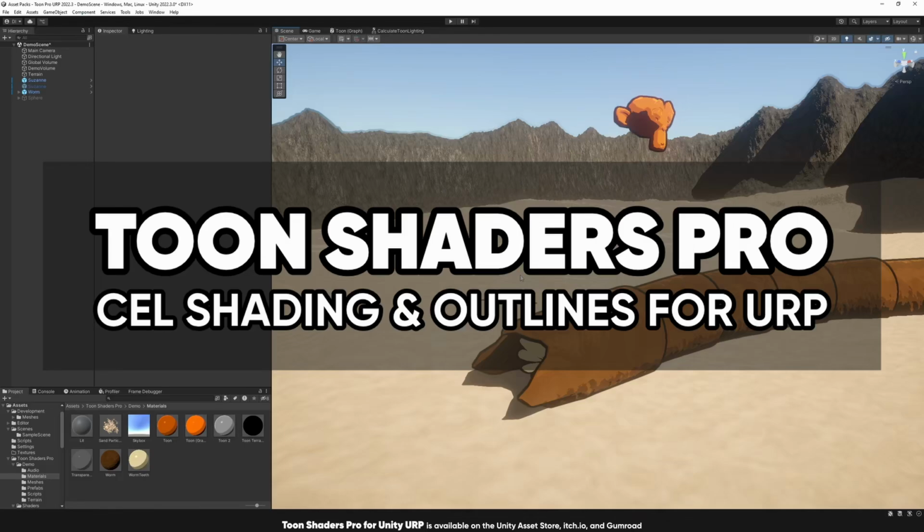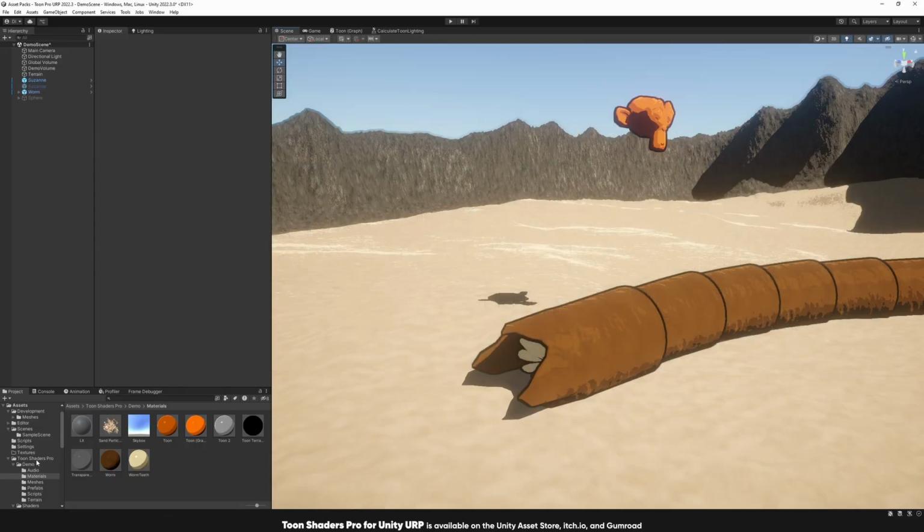This is Toon Shaders Pro, and in this video I want to show off some of the main features of this asset pack. As with my other asset packs, in the root folder you'll see the README, and this will include a breakdown of all of the assets in the pack and what kind of features you can expect from